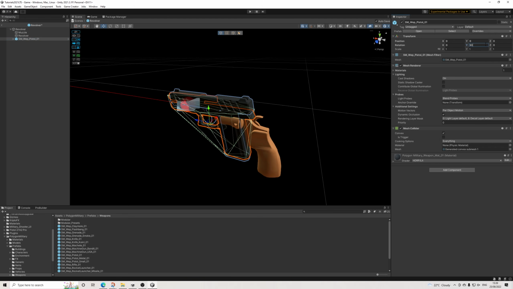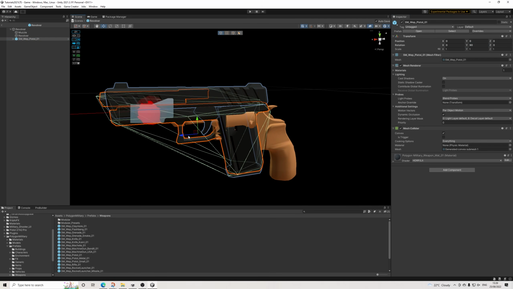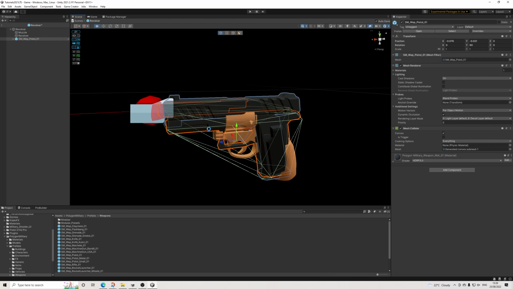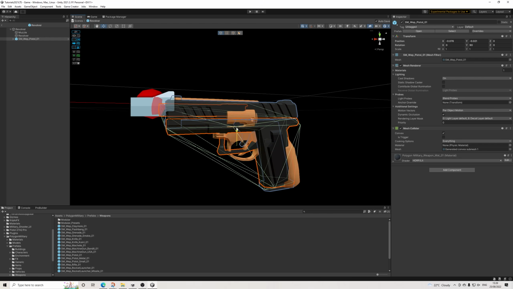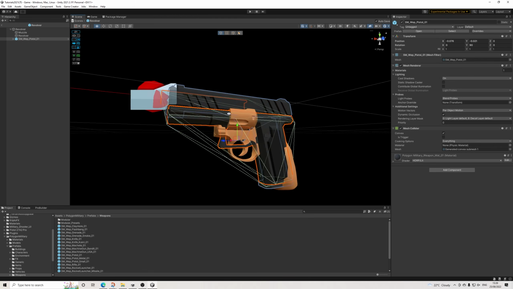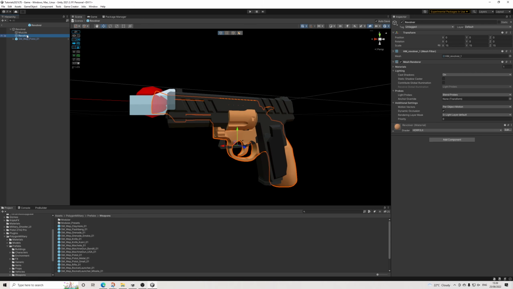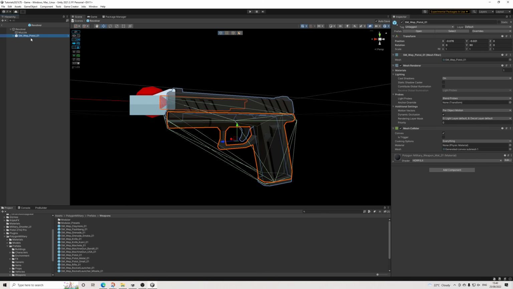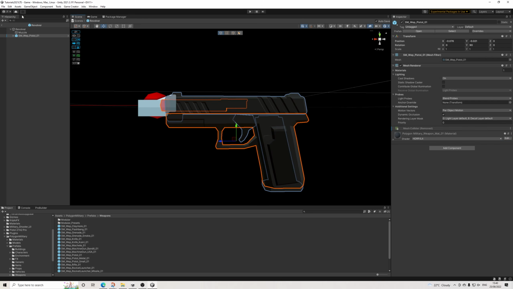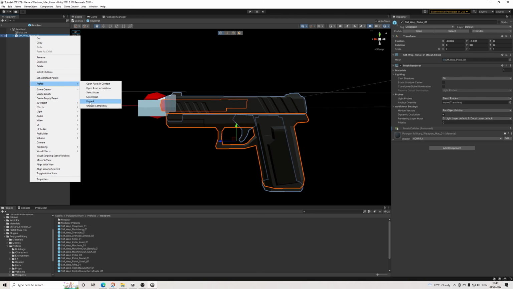So 90, and I just want the pistol to match how the revolver is already set up, so that the muzzle just matches those, because you know, makes life simpler. I think that's pretty good. It's a good match. Awesome. We don't need the actual revolver mesh anymore, and on the pistol we just need to make sure that the mesh collider is actually turned off, or removed actually in total. Prefab, let's unpack it so it doesn't update the